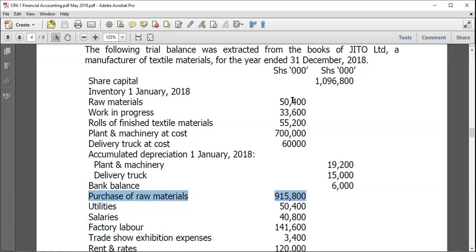when we are trying to calculate what we have as our prime cost for raw materials, okay? And then the next thing we also